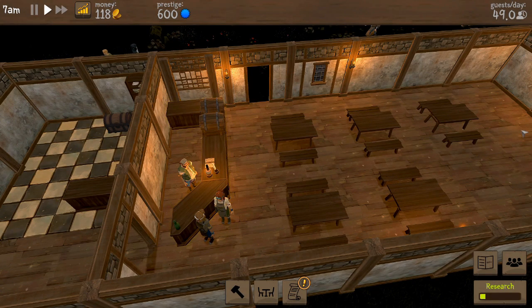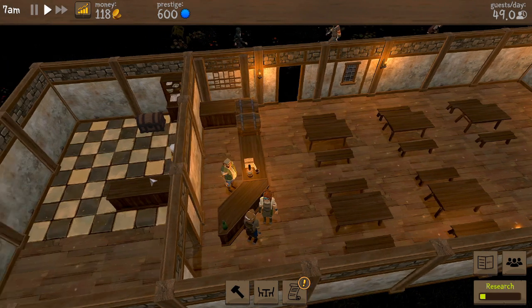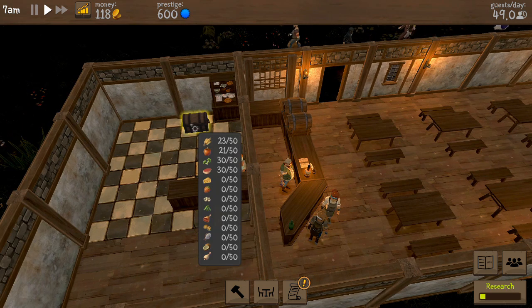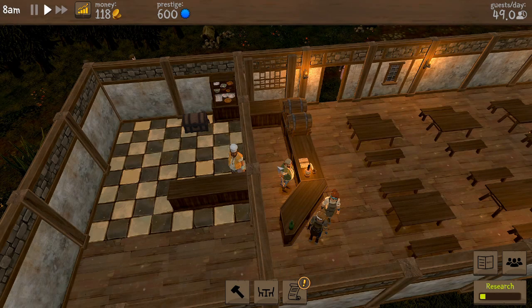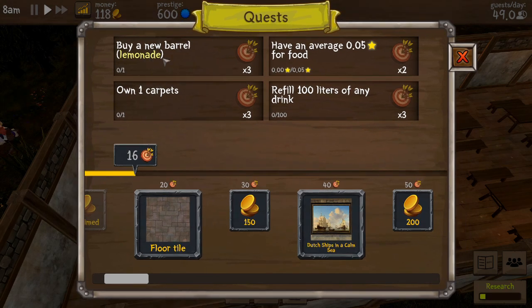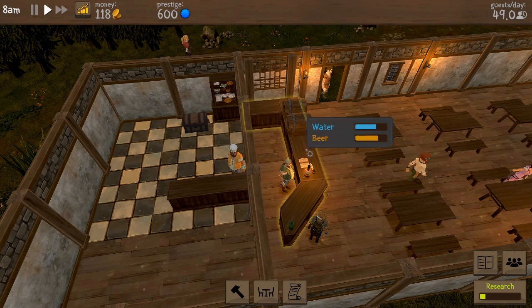So start next day. Here we go, our nice empty tavern. Have a look at our food supplies. Okay, so we've got 23 corn and 21, so wheat and fruit we're quite low on. Meat and veg at the moment, we have no dishes that will cook meat or use veg, so it's just desserts. So we're fine. So buy a new barrel, lemonade is going to give us 3,